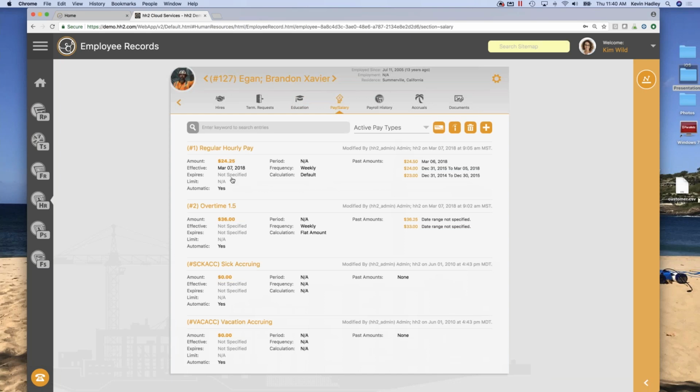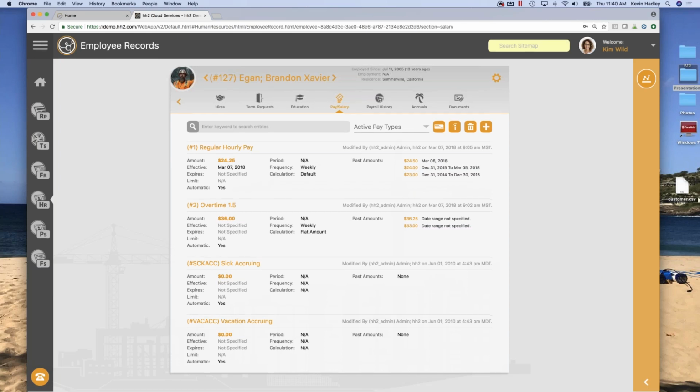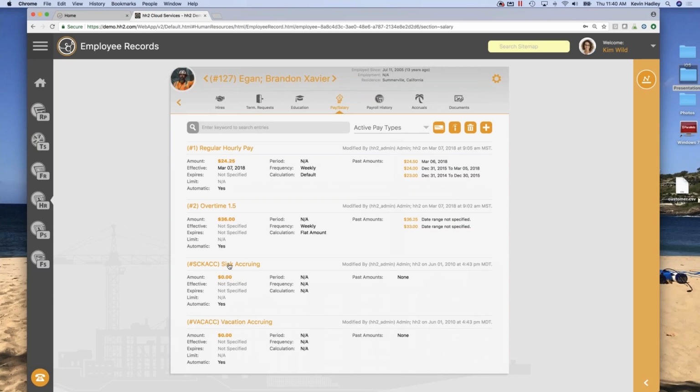again, the pay and the salary is synchronized over from Sage. So whatever pay ID or pay type in Sage is listed on the employee record, this is what you're going to see in hh2. So if you've got regular overtime, salary pay, sick, vacation, whatever pay types, again, are associated with that employee's record, you can see it. You can also see past pay amounts. So I know within Sage itself, you don't have the ability to see historical pay rates, but once you start using hh2, you'll be able to see those pay rates.